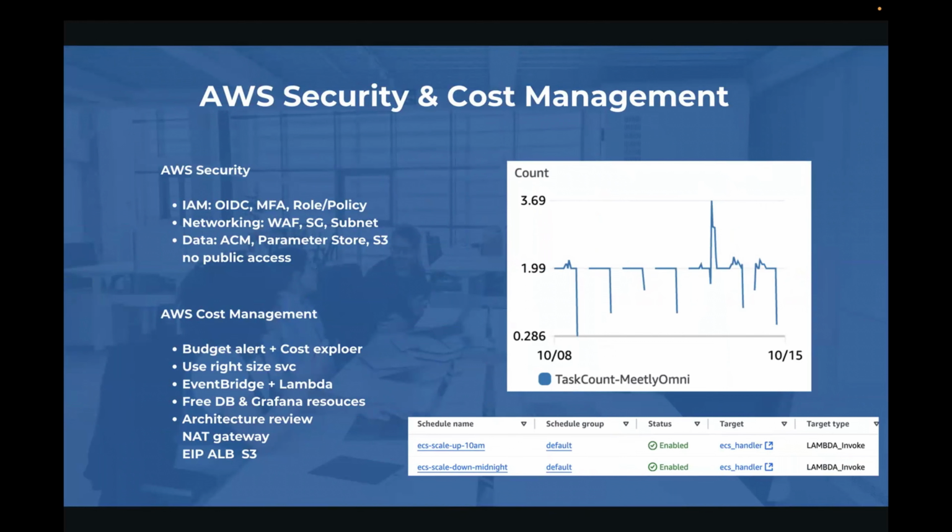Then I'd like to introduce the security and the cost management, which I think are also 2 very important parts of cloud management. Let's talk about security first. For security, we use Identity Center, with the right permission set and multi-factor authentication enforced for our users. We also implemented OIDC and IAM role using the least privilege principle to provide secure access for GitHub Actions, Terraform,